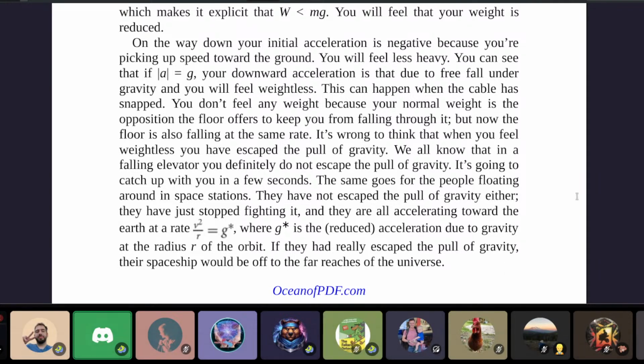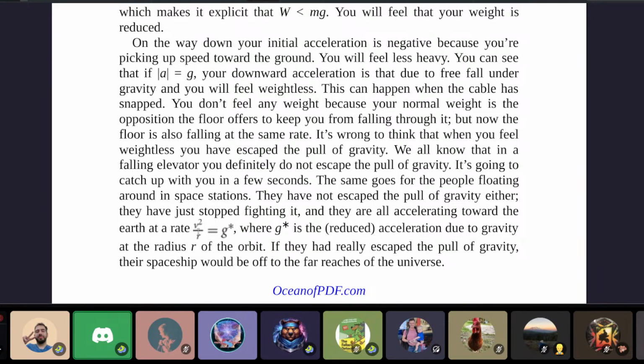It's wrong to think that when you feel weightless, you have escaped the pull of gravity. We all know that in a falling elevator, you definitely do not escape the pull of gravity. It's going to catch up with you in a few seconds. This goes for the people floating around in space stations. They have not escaped the pull of gravity either. They have just stopped fighting it. They are all accelerating toward the Earth